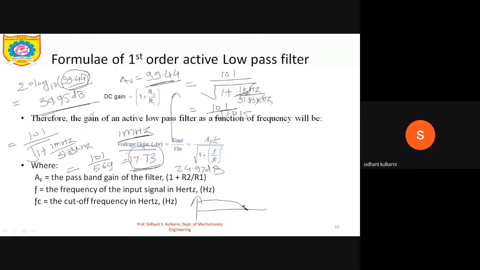If the frequency is increased further, the denominator will increase. The more the denominator increases, the lower the value you get. So we can say this is an active low pass filter, and it is not only filtering, it is also providing me the amplification. So that's it for unit number 1. I hope you have understood. I'm definitely going to ask numerical questions based on active low pass filter from unit number 1.